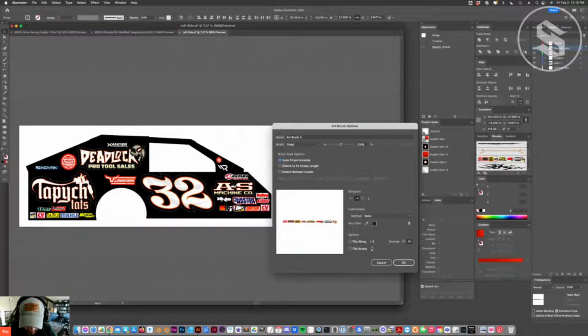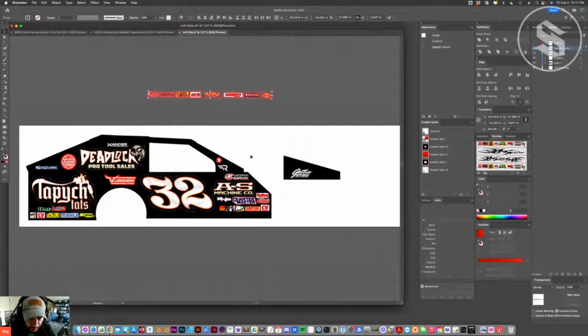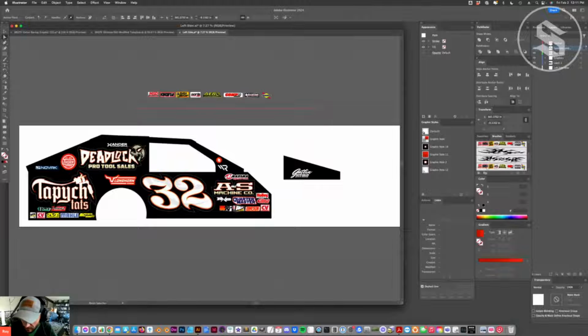I think I don't want to do that. I think I want to hit scale proportionately. Okay. And so now what I can do is make a line and then apply that to it. And then no matter how big or small I make it, they all size up with it. And I can tilt it based on the angle of the car without going in and adjusting them individually or